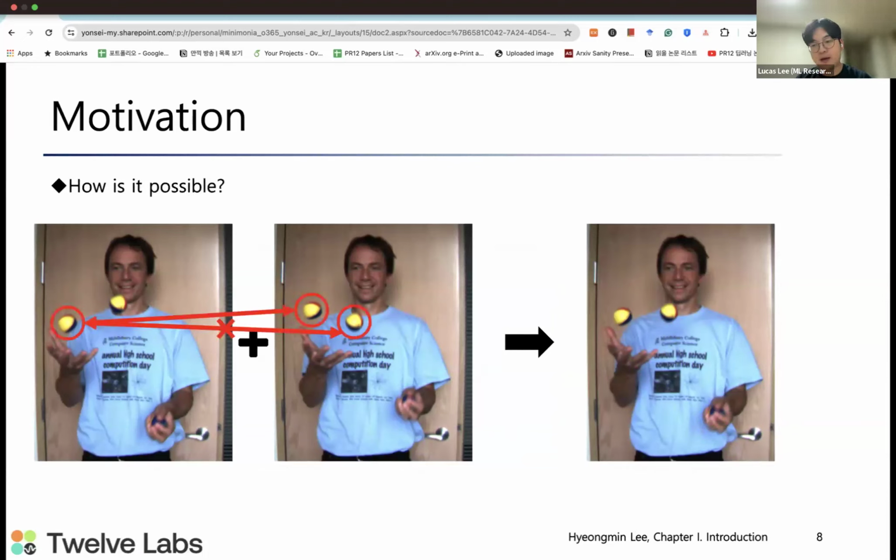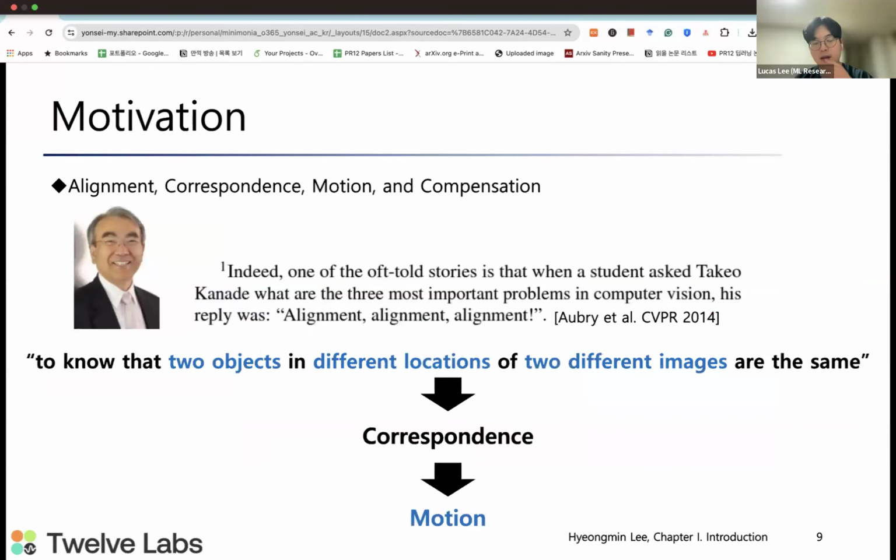To make this possible, we need to make the model know that the two balls here and here are the same ball, not the two balls here. So the two balls here and here are the same ball, and this can be known by the model. And this point is very important. This is what inspired me to start